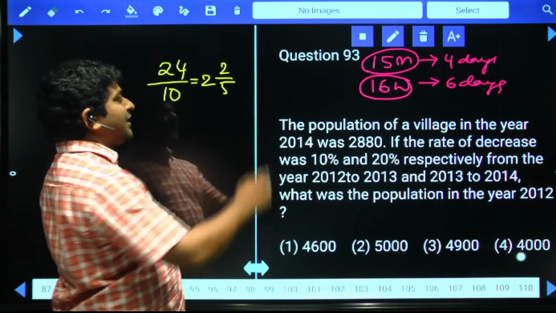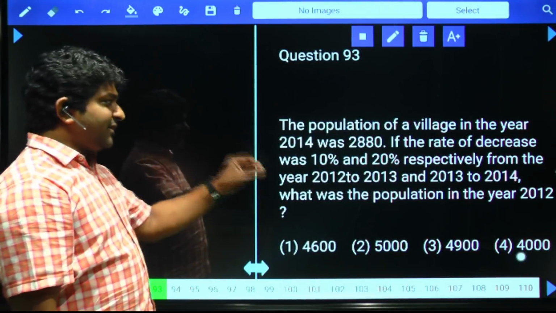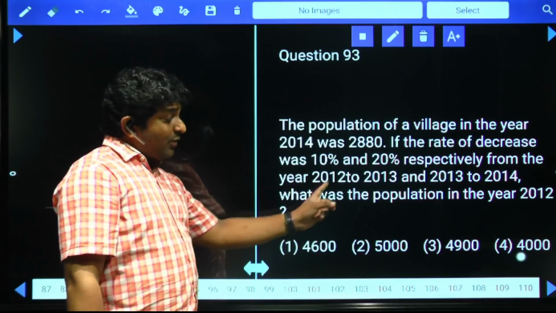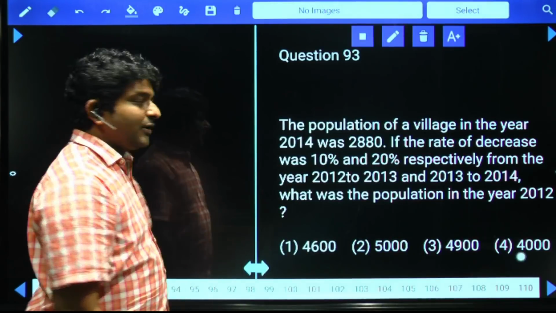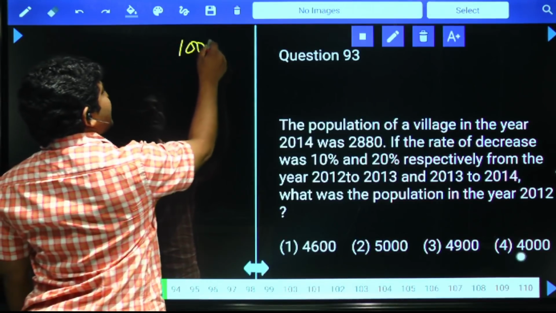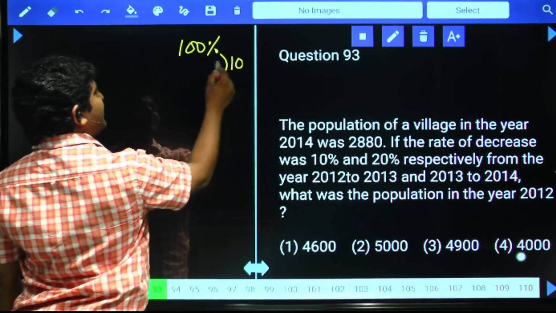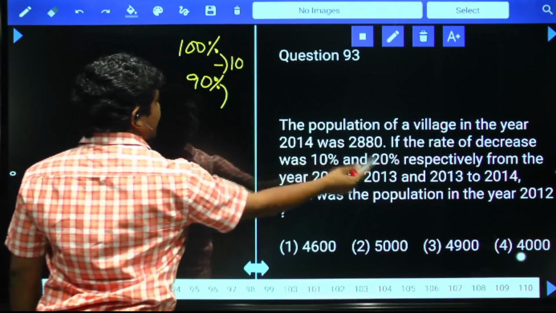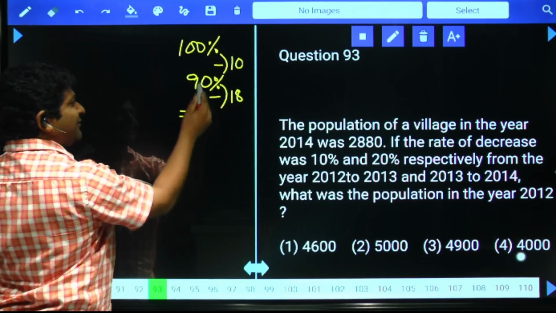The population of a village in the year 2014 was 2,880. The rate of decrease was 10% and 20% respectively from 2012 to 13 and 13 to 14. What was the population in the year 2012? We need the 2012 population. Let it be 100%. Then the first year it decreases by 10%. 10% of this number, in the sense we have to subtract 10. Value becomes 90%. And next year it decreases by 20%. 20% of this number is 18. When you subtract 18 from 90, it becomes